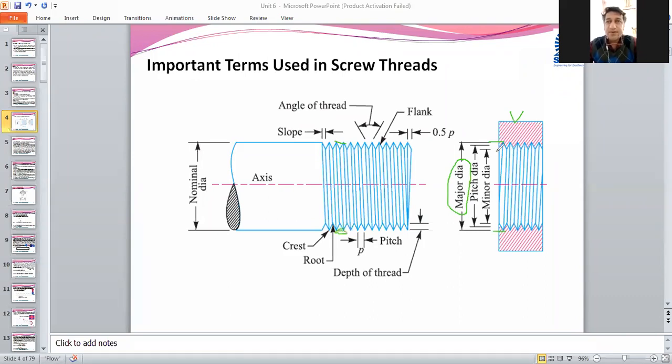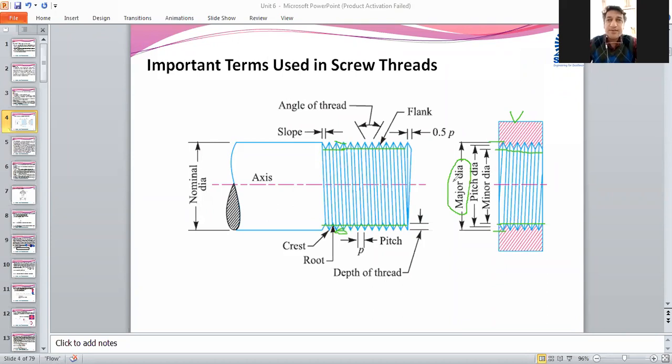Whereas when the threads are manufactured on nut and bolt, we have one more diameter which is measured from the inner side of the nut, in between the threads, that you are going to call a minor diameter. And when major diameter plus minor diameter is divided by 2, that is you calculate the mean of that, you call that a pitch diameter or mean diameter. We are going to see all the definitions one by one on the next slide, but here I just want to explain diagrammatically.